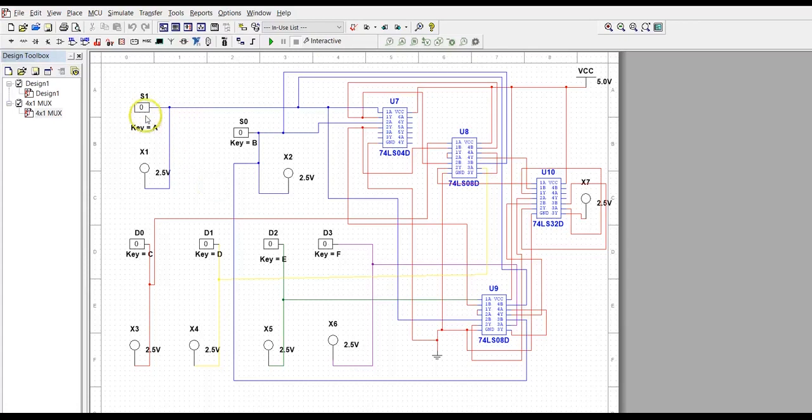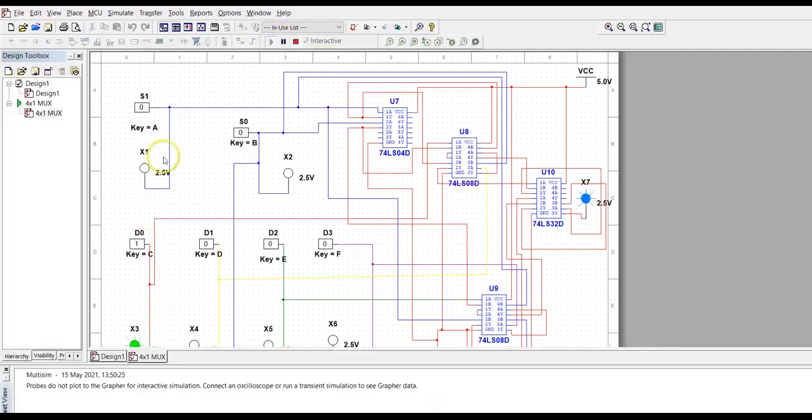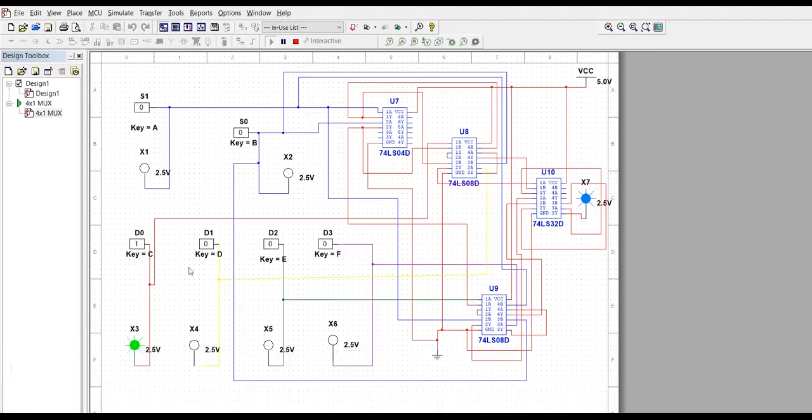Let us check the truth table first. If I give S1 0, S0 0, D0 1, I'll get an output 1. If I give S1 0, S0 1, D0 0, D1 1, I'll get an output 1.